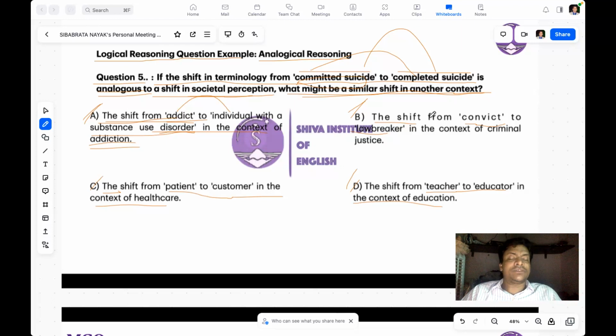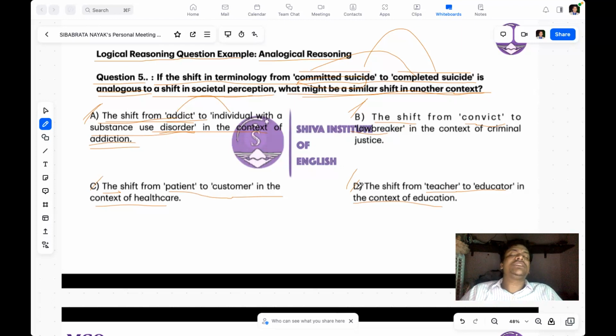So an individual who lost, why? Because he started something for the taste, and later he became addicted to it. Just like you tried to commit suicide and you completed suicide, right? So in that case, it recognizes